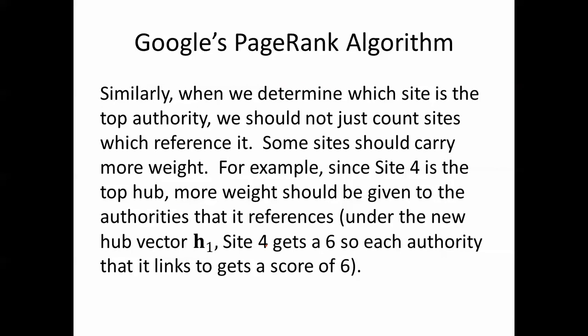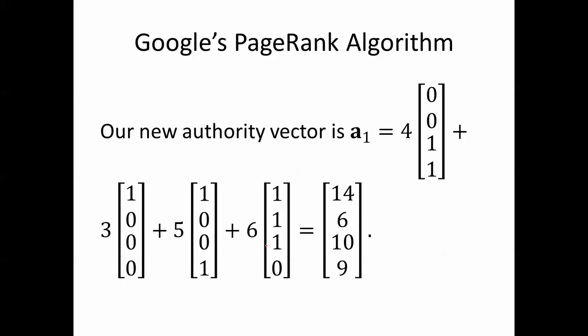Again, we're ranking authorities, and what matters is who regards you as authority. Since 4 is the mother of all hub vectors, that one gets a 6. You get a score of 6 because you're the best hub. So our new authority vector is going to be A1 equals 4 times this vector, 4 times this vector, 5 times this. Again, this is because